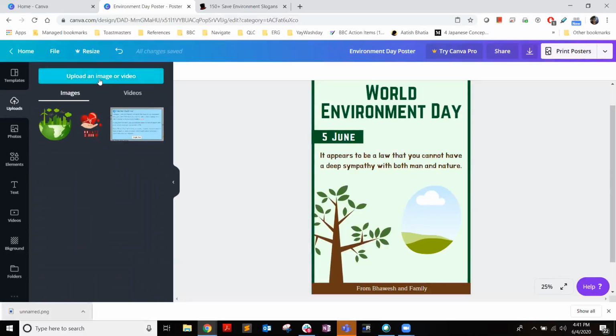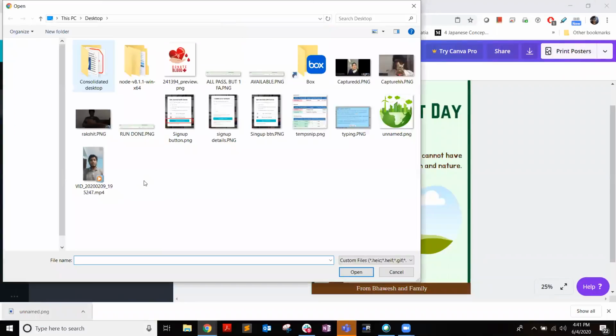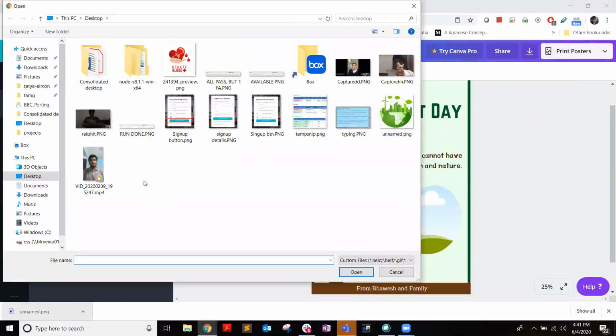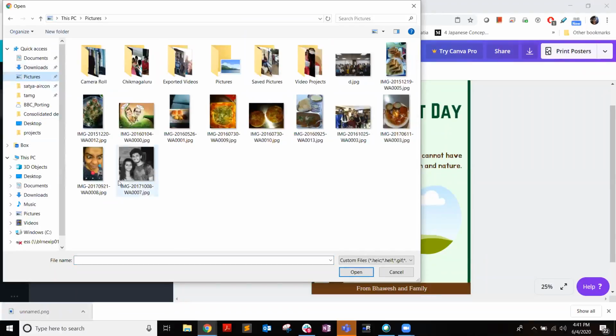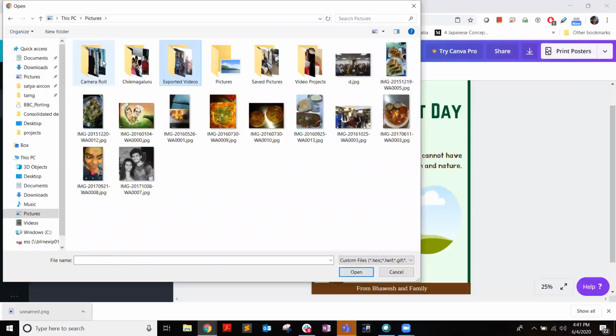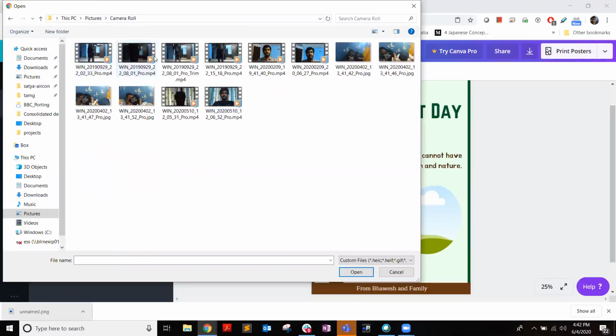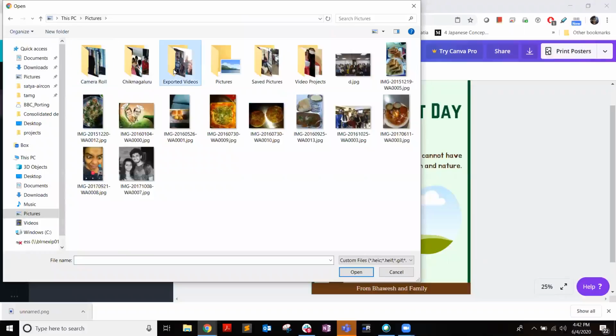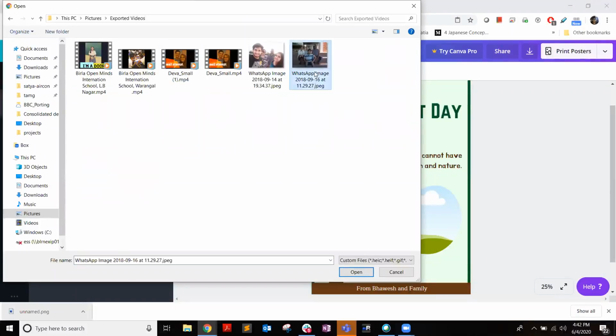I'm going to go to upload an image. Everyone do not do it now. Just see, upload an image. Then wherever your image is, just pick it from here. Pick it from wherever it is. So say it's in pictures or documents or anywhere. I'm going to look for a picture which I have. There are a lot of ones. Say I pick this one. This is me and my family. So I'm going to select this picture which I want on the screen, and I'm going to click on open.